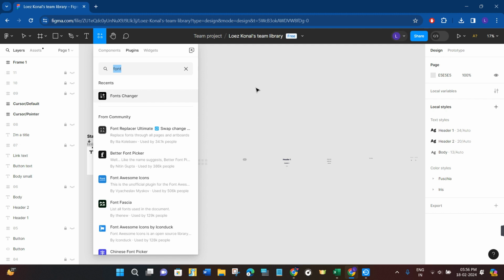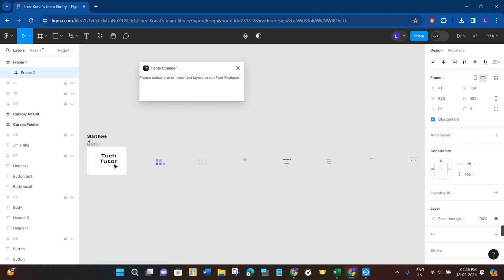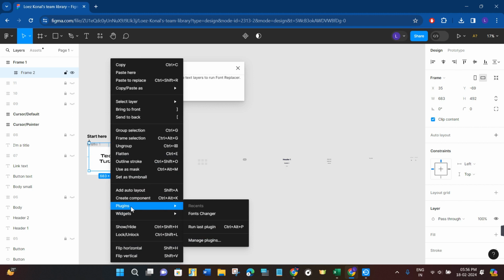Now if you want to run any of the plugins, then what you can do is you can simply select the section on which you want to use that plugin. After that you just have to press right click and here you will be able to see the section of plugins. Now once you hover over to plugins, you will be able to see all the plugins that you have